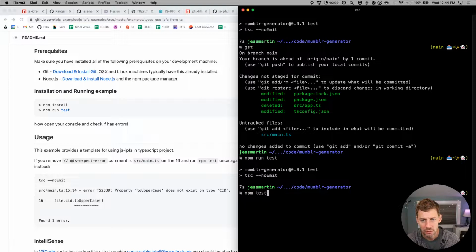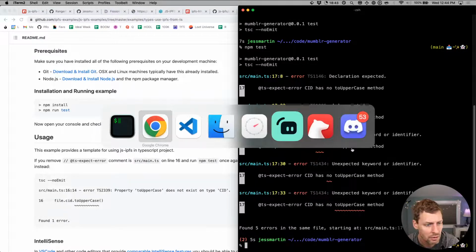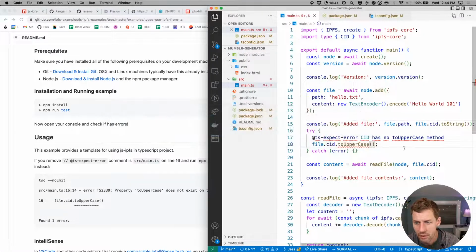npm test. Am I doing the wrong thing? I think run test and test are functionally equivalent. Oh. Wrong. Not functionally equivalent. Cool. Declaration expected. All right, good. So then